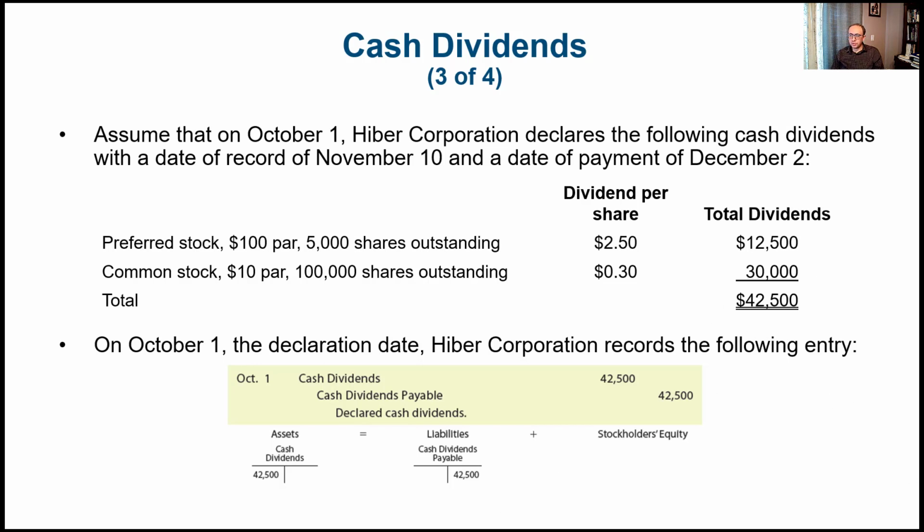So how are we going to record this? On the date of declaration, we are creating the liability. So we credit, and I'm starting with a credit, which is not a normal thing, but I'm always starting with the easy thing to remember. So we're creating this liability. We credit cash dividends payable, and that's a liability account for the total value that we owe our shareholders. And then on the debit, we have the dividends account. But because it's cash dividends, we call it cash dividends. So to be more specific, we debit cash dividends, and remember, dividends starts with a D. Whenever they're increasing, we debit them, and then we credit cash dividends payable.